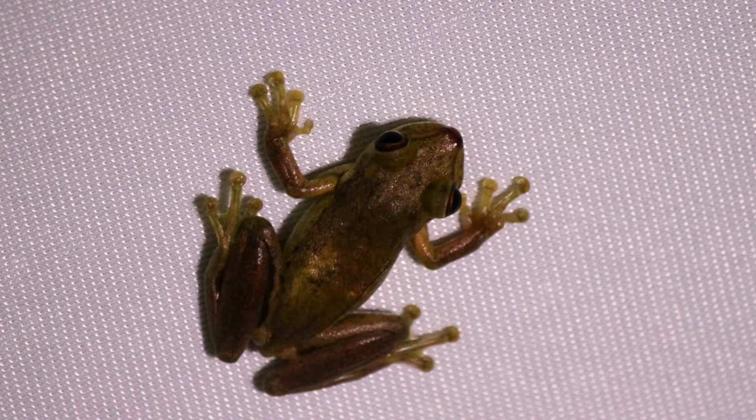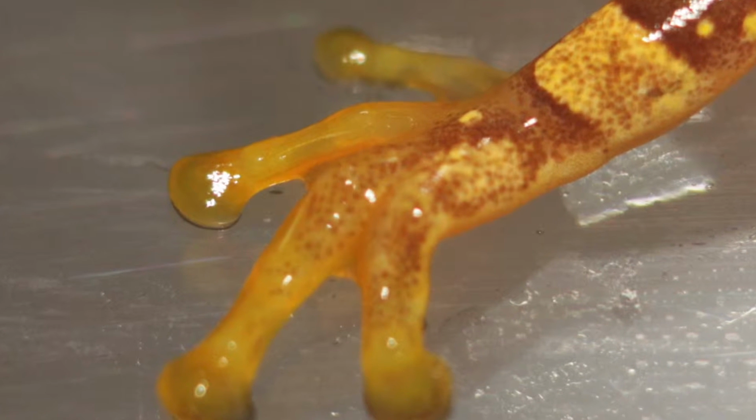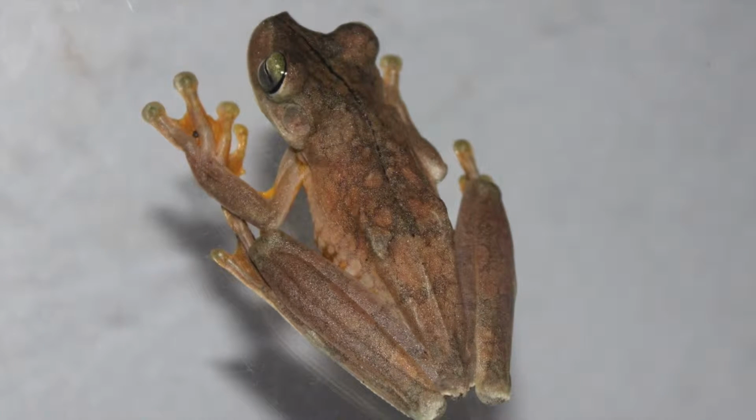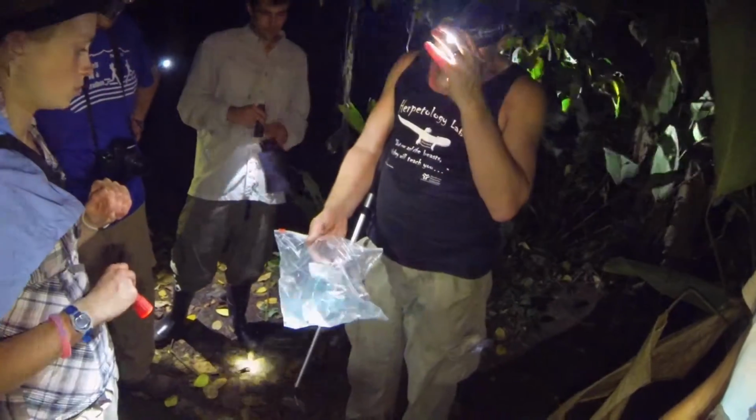Tree frogs tend to have little to no webbing on their toes. Each toe has a pad with tiny hexagonal cells that help them grip climbing surfaces. One pretty cool tree frog is known as the gladiator frog. I don't know if you can get